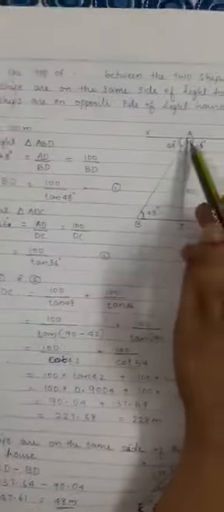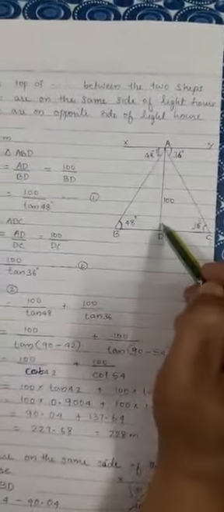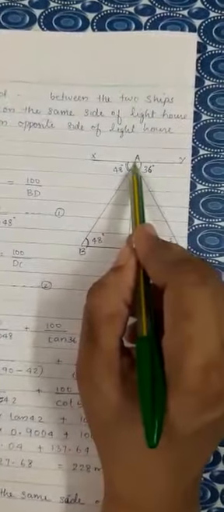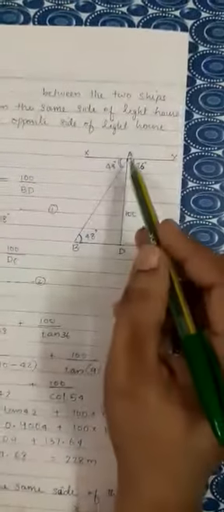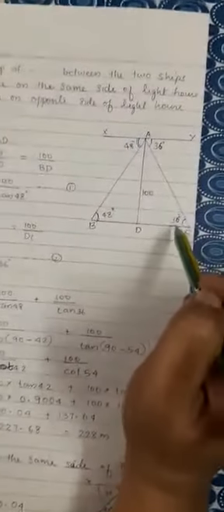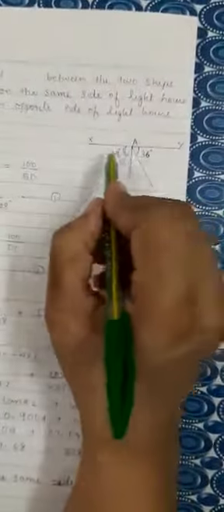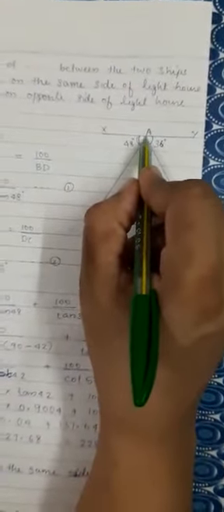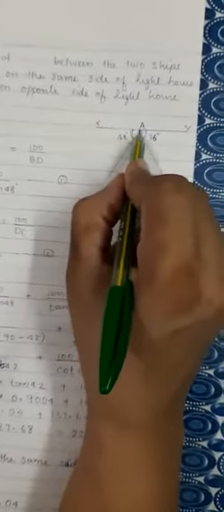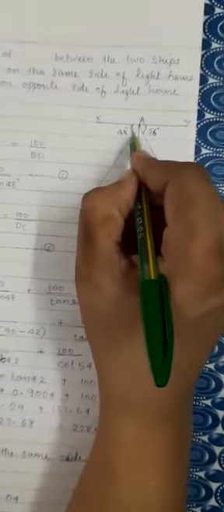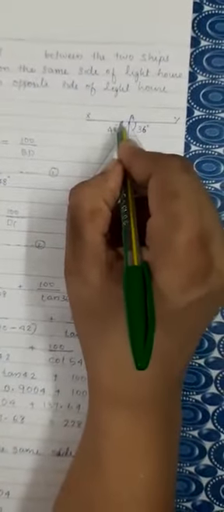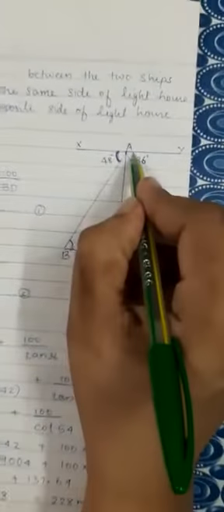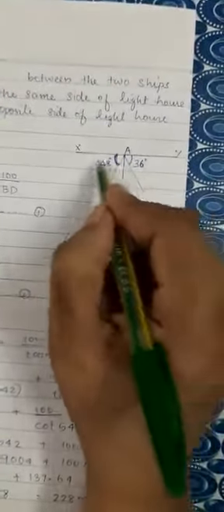Here, AD be the lighthouse. At the top of the lighthouse, two ships are observed at 48 degree and 36 degree respectively. Here, this is the top of the lighthouse. If a person is looking down, this is his horizontal line. The angle formed is 48 degree. If the ships are in the opposite side, this is 48 degree. Here it is coming 36 degree.